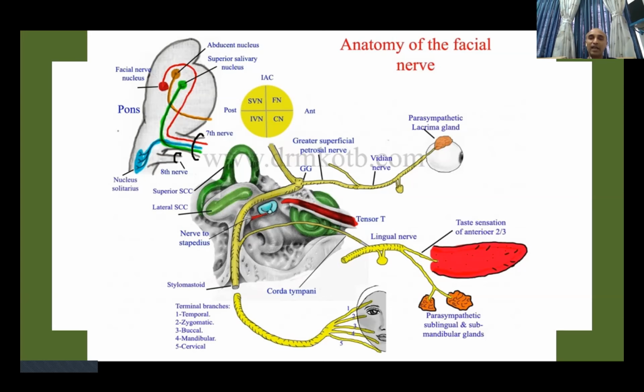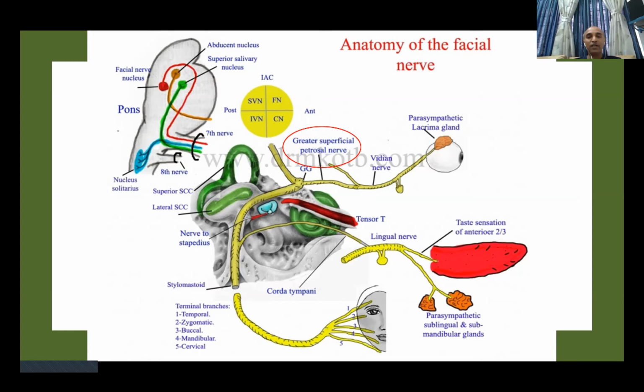When it exits the stylomastoid foramen, it divides into main motor branches, that is the temporal, zygomatic, buccal, mandibular, and cervical, which supply the various muscles of facial innervation. But there are other nerves which come out within the facial canal. And these are nerves which are very important to remember so that you can anatomically localize the site